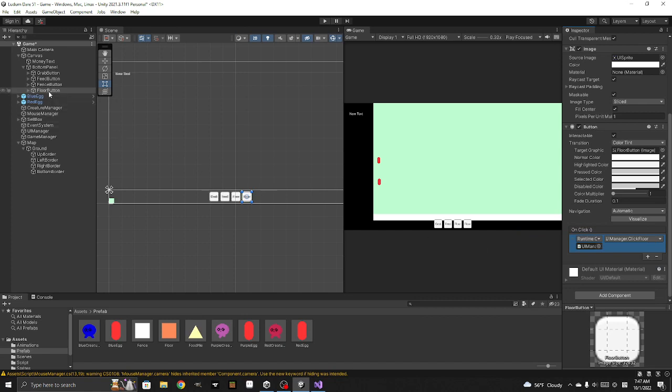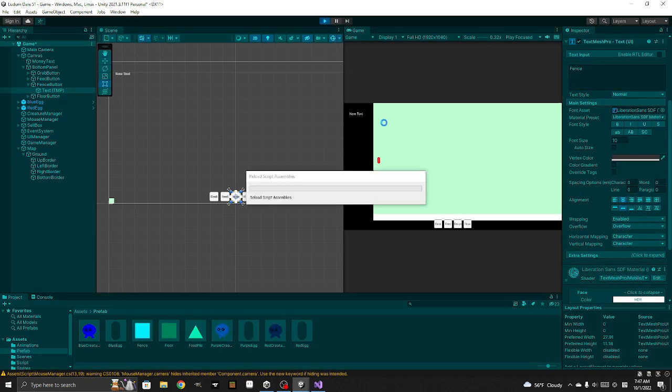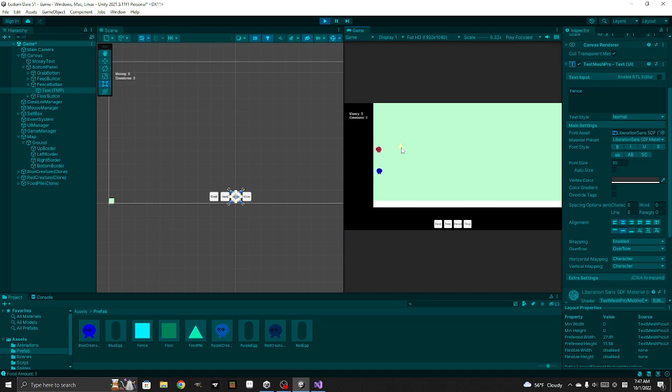Wait, yeah, and then let me change this text to fence. We're going to make him look a little bit better than this, but for now. So if I click feed, yep, click grab, yep, if I click fence, if I click floor, okay, we need,